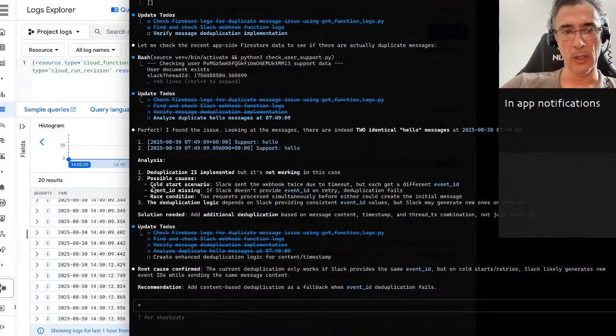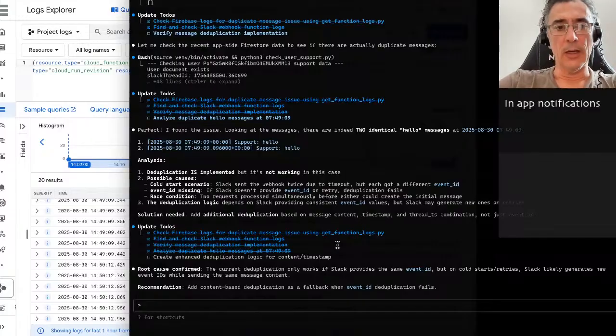Possible cause: cold start scenario. Slack sent the webhook twice due to the timeout, but each got a different event ID. Event ID missing, the deduplication fails. Race conditions: the deduplication logic depends on Slack consistency. The deduplication based on message content timestamp. I think it goes identify the content. Okay. Let me